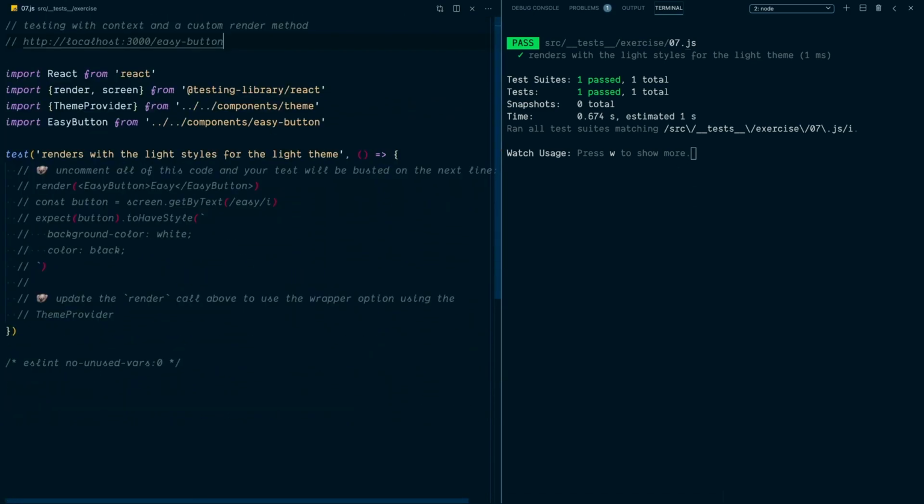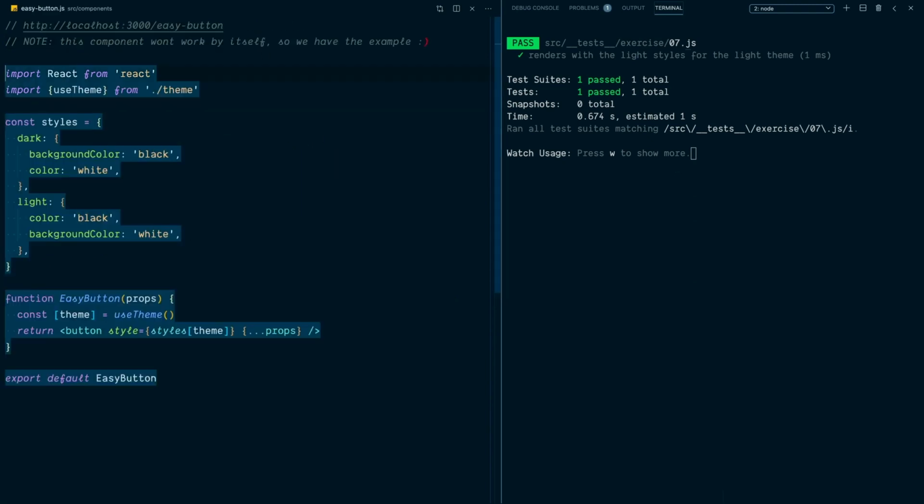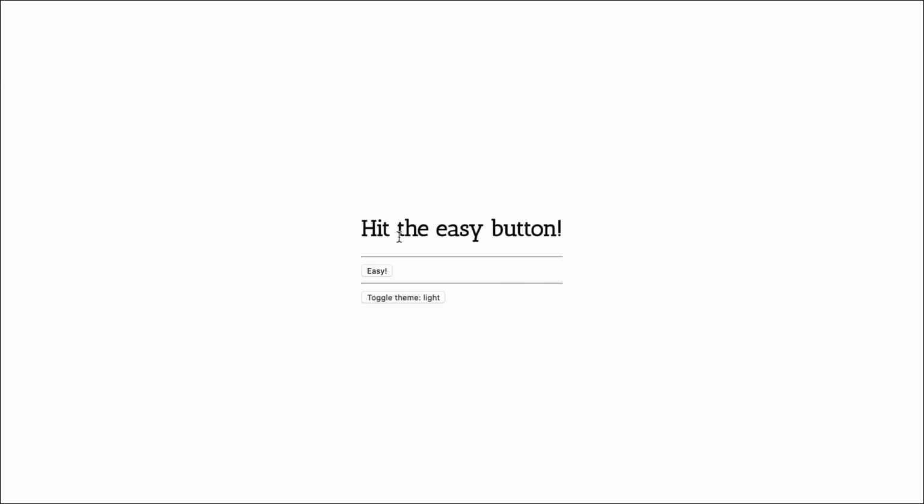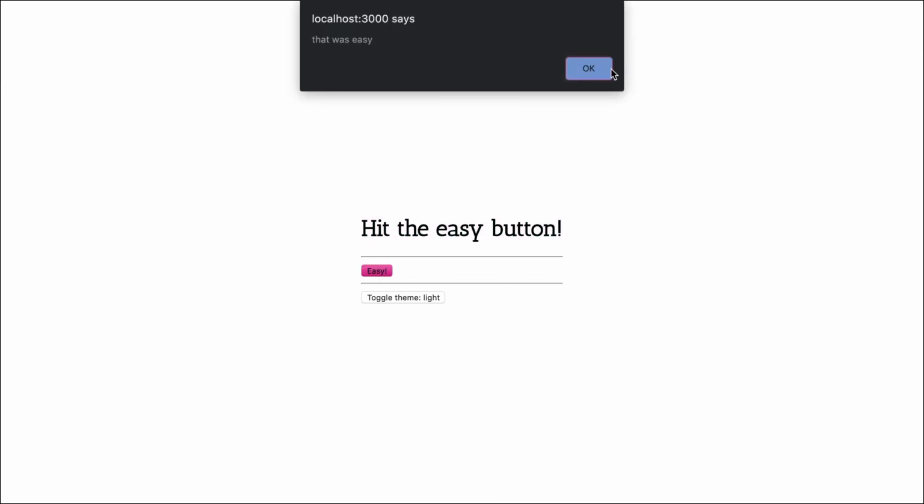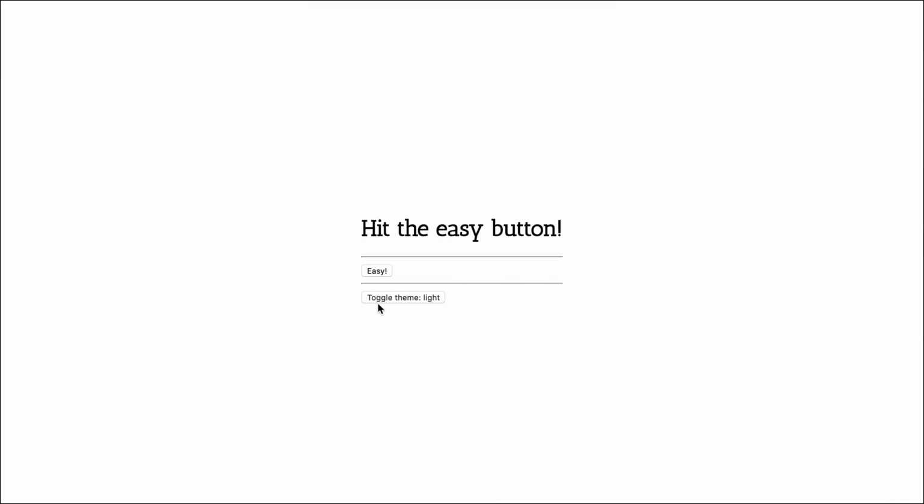So the test file that we're going to be running is this 07.js, where we've got the easy button. We can take a look at that easy button implementation right here, and then we can also look at the rendered implementation right here on that easy button page. So we can look at the rendered version of this, and basically we just hit the easy button, we click on easy, it says that was easy,